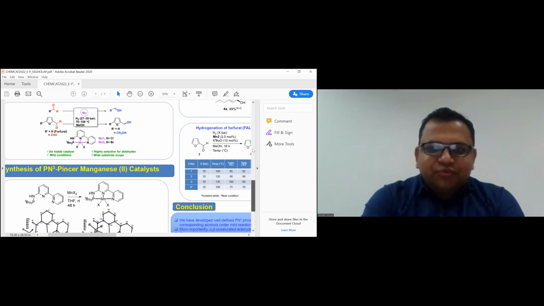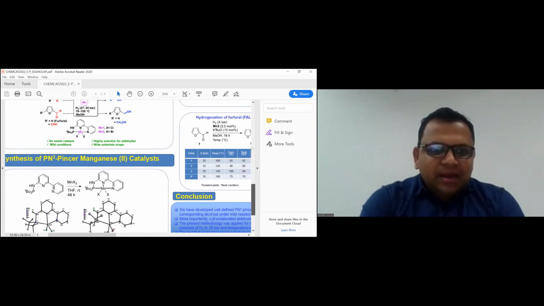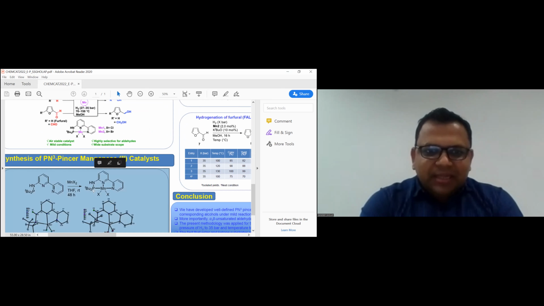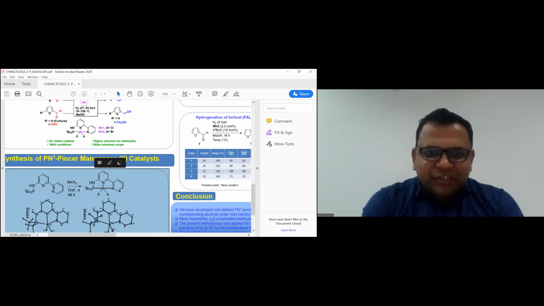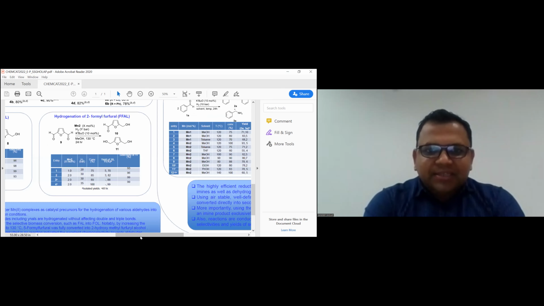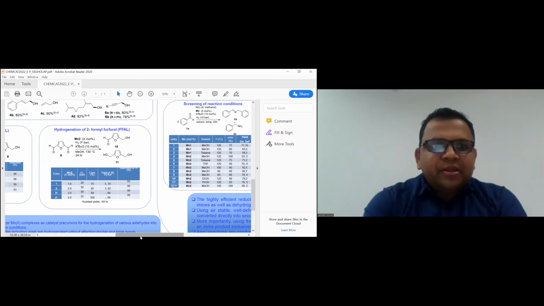It's very simple. We just prepare this bipyridine ligand and mix it with the manganese source, and under room temperature we obtain this catalyst and characterize it by XRD. This catalyst is very air stable. It can stay under air for 6 months, and if you put it in the reactions, it will work effectively. So using this catalyst,